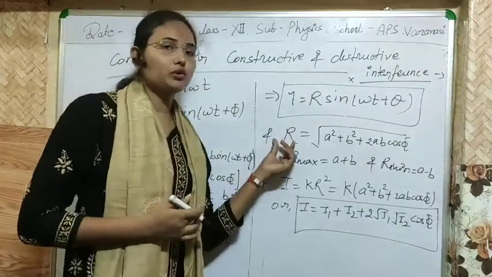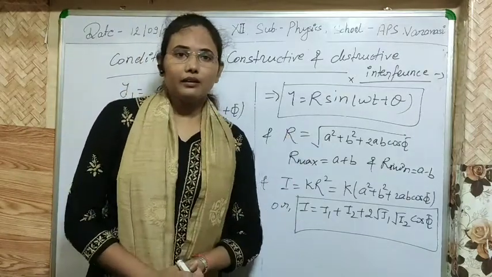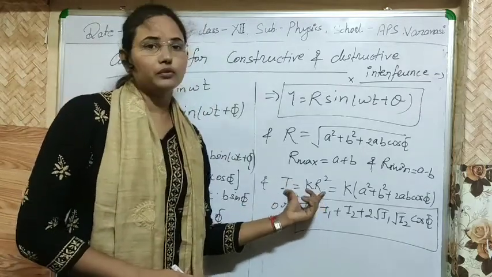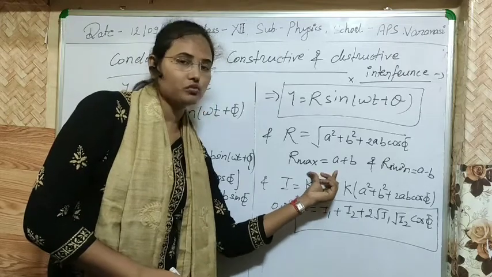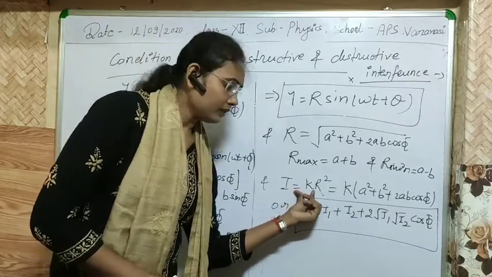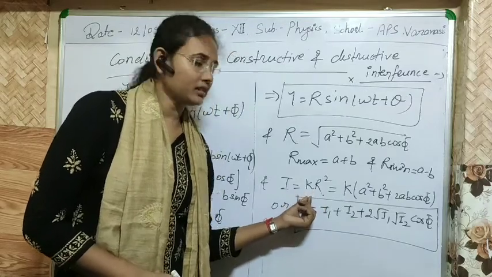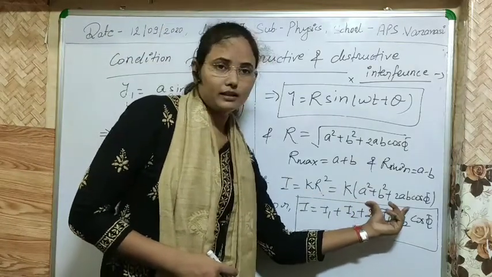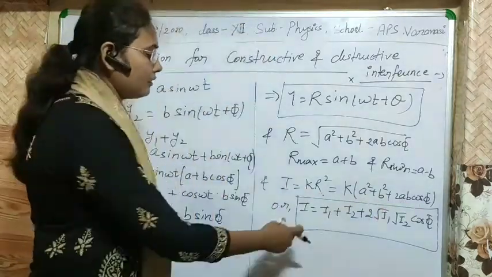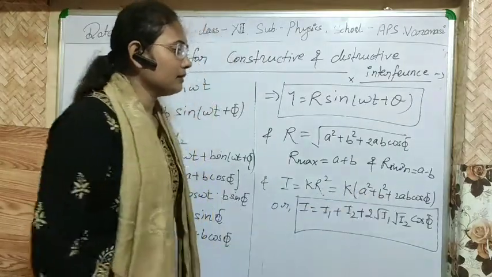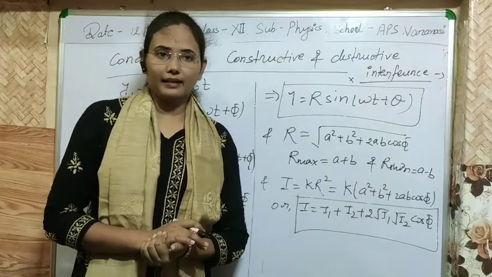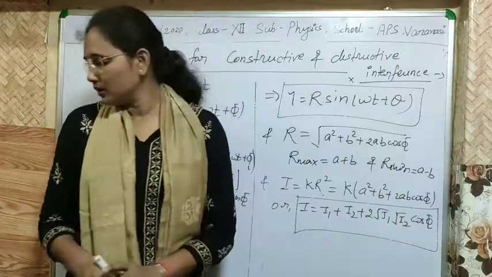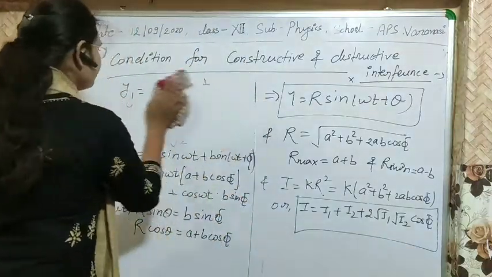Now as we have the amplitude of the resultant wave, we can easily derive its intensity, which will be equal to k r squared. As you know, intensity is directly proportional to amplitude squared, so on removing the proportionality sign, we get a constant k. After putting the value of r squared in this, we will get this. And if you put in what I have told you about coherent and incoherent addition of light, you will easily find this equation. I will show it to you again. Don't worry.